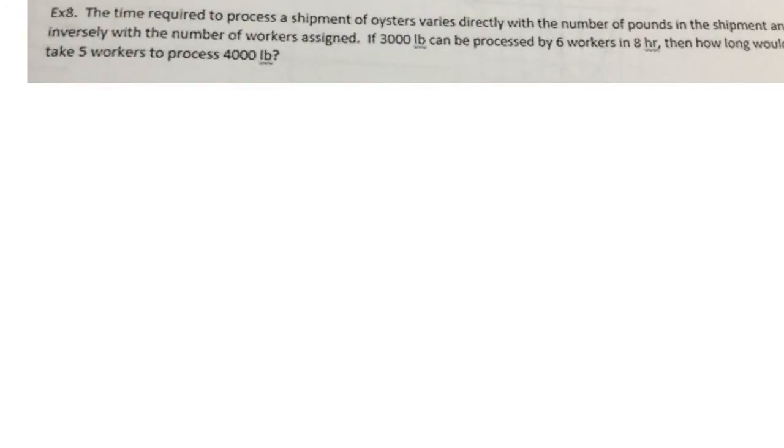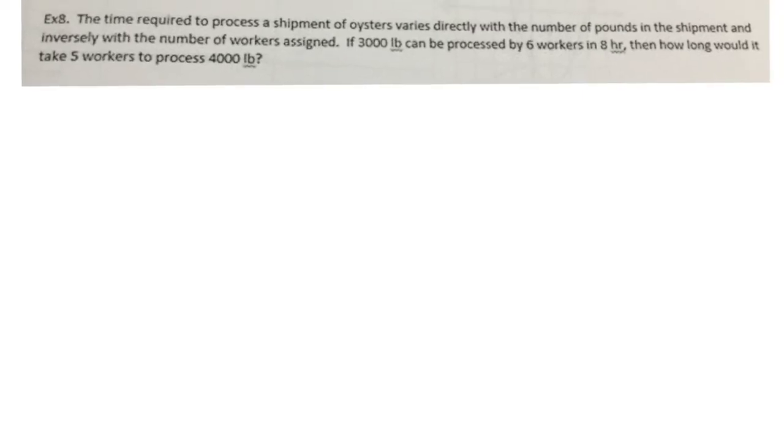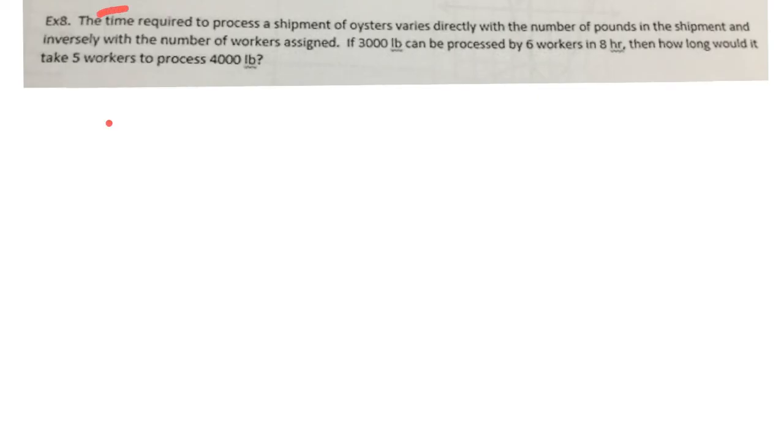Okay, the time required to process a shipment of oysters varies directly with the number of pounds in the shipment and inversely with the number of workers assigned. So now we've got both a direct variation and an inverse variation problem at the same time. So let's use our variables to write this out. So time is